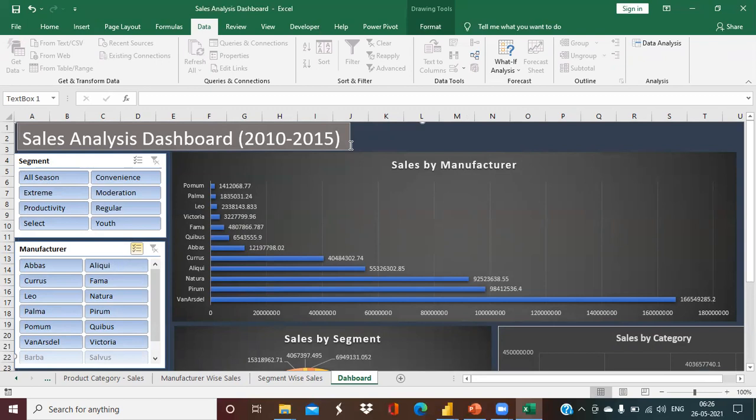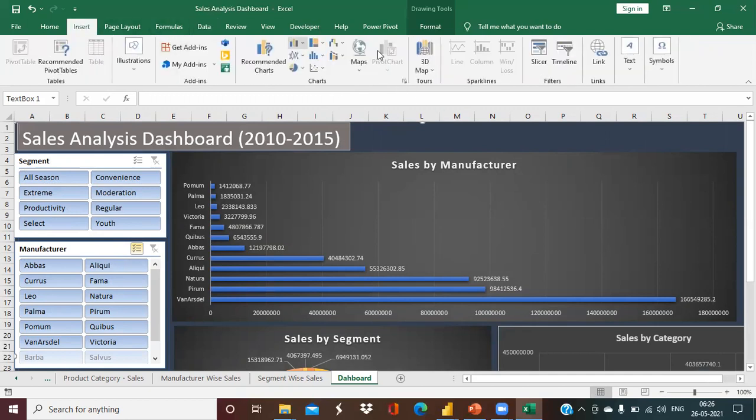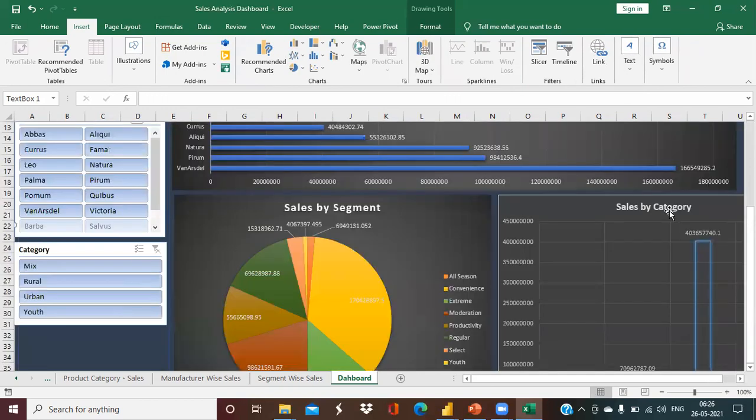That will sync up the data between your dashboards plus the responses which you are getting entered in your data, the new entries which are getting inserted into your data. So I want my dashboard to sync with that data set. So that's what we'll be discussing in the coming up session. First, I want you to complete your dashboard, make it better looking. You can put some extra images over here. I think you guys are all very good at that already. I don't want to show you how to put the images and all that stuff. You can do that. I think you have already done that in Excel, so we are not doing that here.